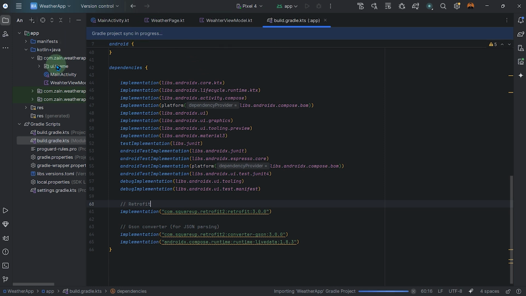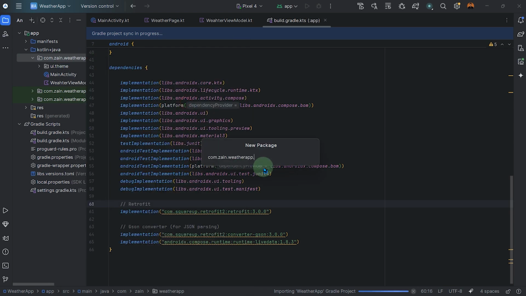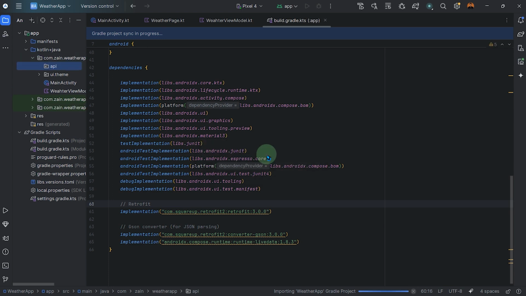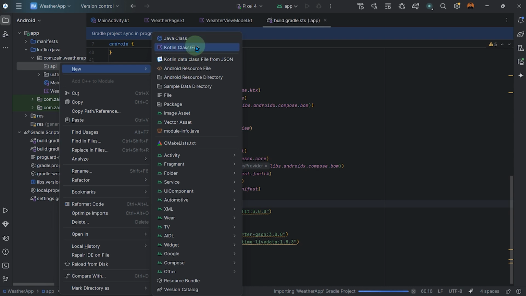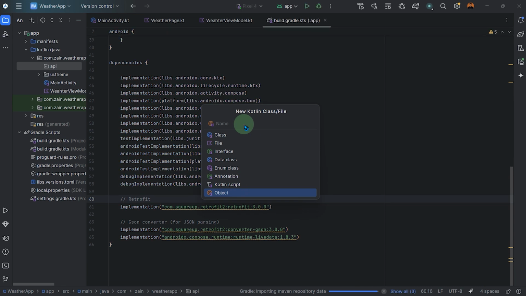In the meantime, let's implement retrofit, and to do that, let's create a package here. The package we can name API. In this API, I need to create an instance. For the retrofit instance, I can create an object file for it, and basically I can name it retrofit